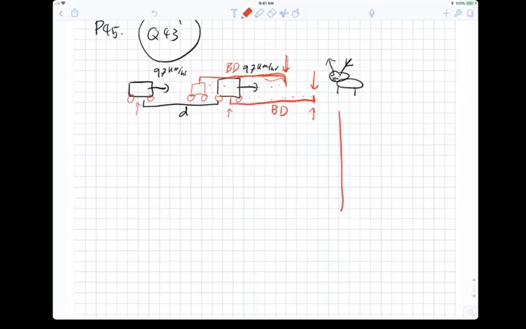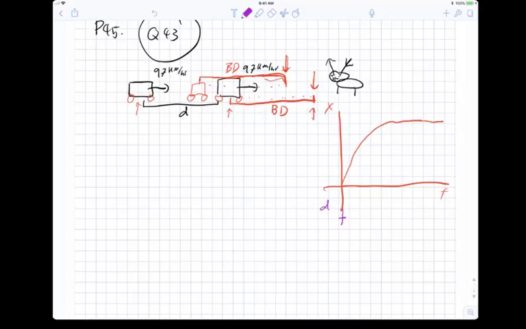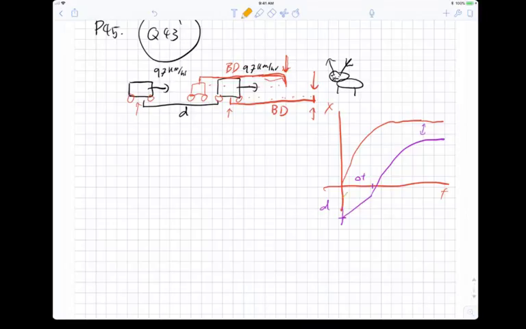Alternatively put, you could draw it as a position versus time graph, and you could say that the first car screeches to a halt. Constant acceleration, so it's a parabola, and then it screeches to a halt. The second car starts out farther behind it, some distance behind, D, travels at a constant velocity for a certain amount of time, delta T, and then begins screeching to a halt. And whether they collide depends on whether these two lines intersect. If the person started out too close, then when they try to brake, they won't brake in time, and they'll collide. If they start out with enough time, there will still be a gap between them, and at the exact minimum amount of time, they will